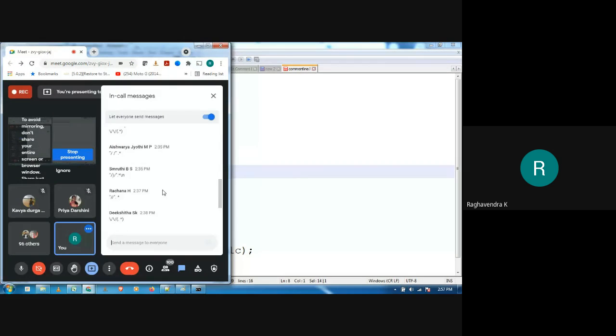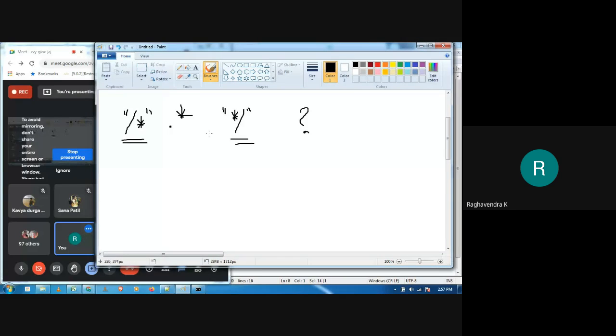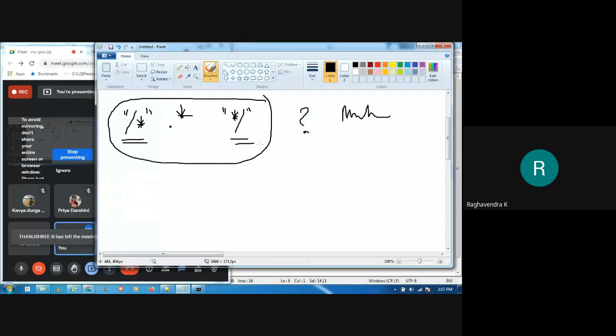Has anybody else given me an answer? No. Okay. It's a tricky one to write the pattern for the multi-line comment, because a multi-line comment can range over multiple lines. That is one of the reasons you may not be able to use this as a rule to match the multi-line comment. Anything that has been written like this will be matched by this rule, and it will be identified.